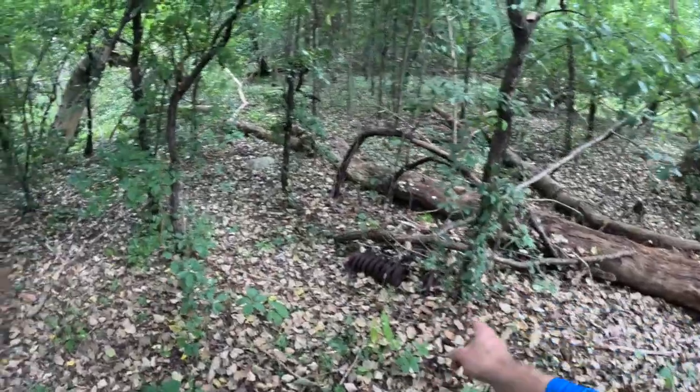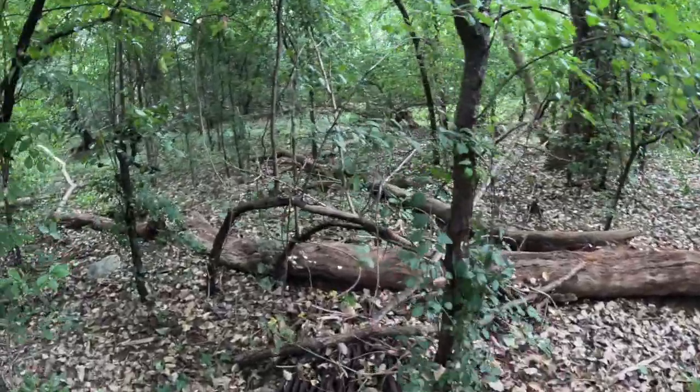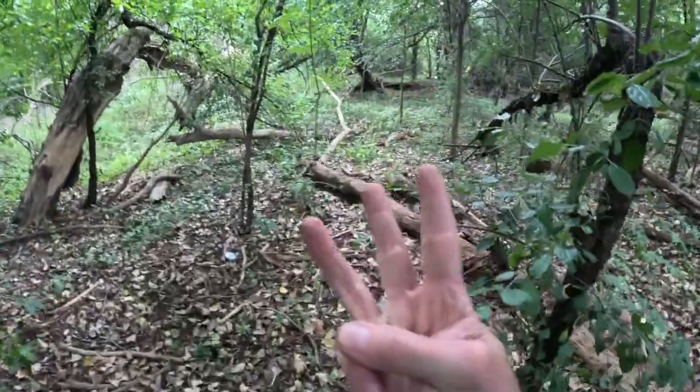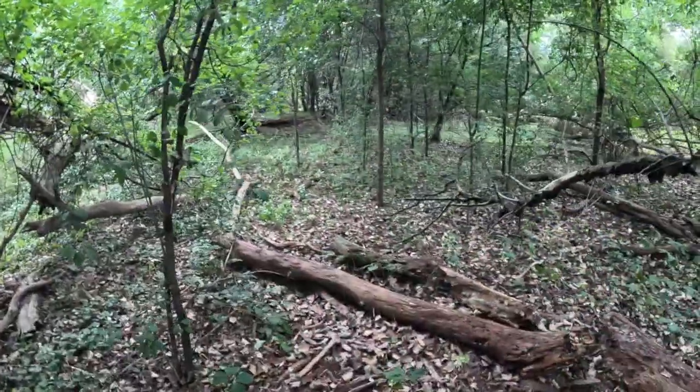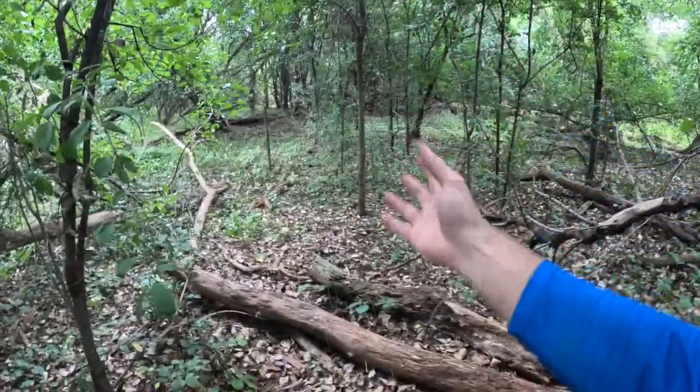Look at this old radiator. We're going to start coming across old junk from back in the day. And the 4 mushrooms that I trust are shaggy manes, morel mushrooms, puffball mushrooms, and chicken of the woods, otherwise known as sulfur shelf. So what we're going to do, we're going to look for any tree that's fallen down,